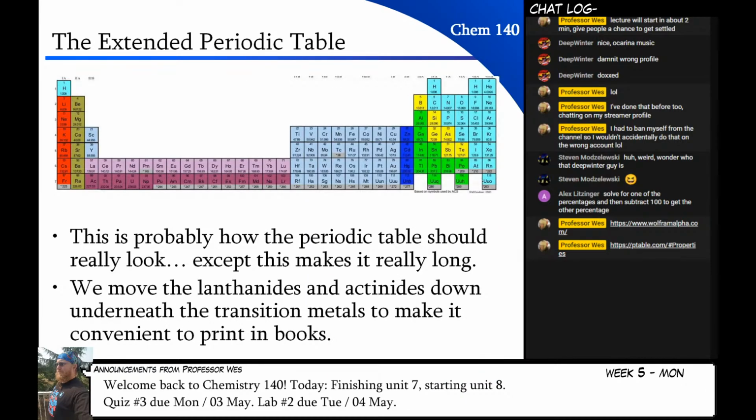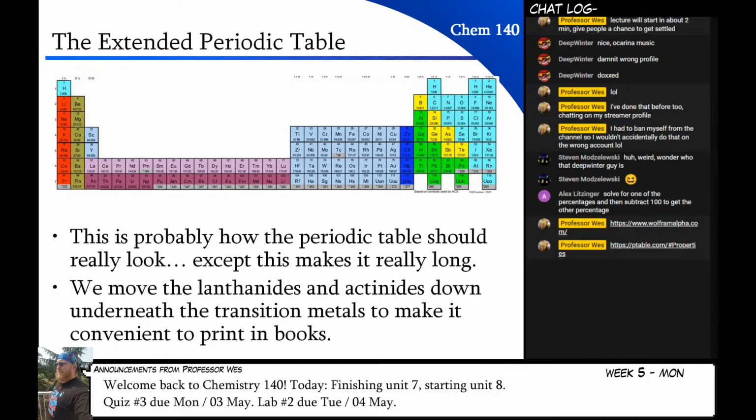All right. In this periodic table, I have put the transition metals beside the lanthanides and actinides and sort of spaced out where all these elements fit in. This is probably what the best visualization of the periodic table should be, but it's really hard to make this a poster and put it on your wall because no poster or no wall is big enough for said poster. And then everything would have to be really tiny and it wouldn't be very good to hang on the wall